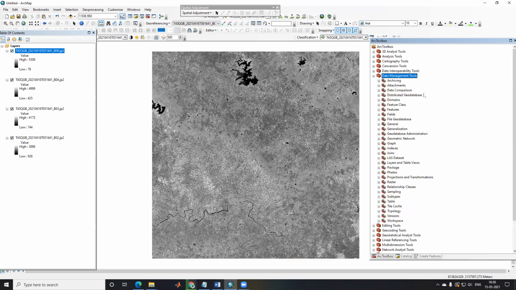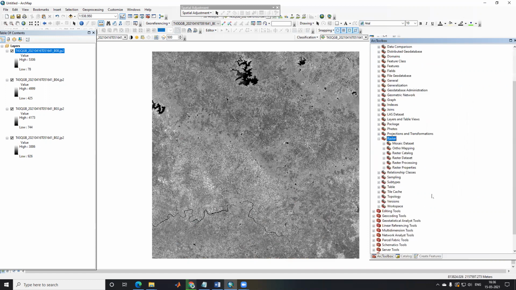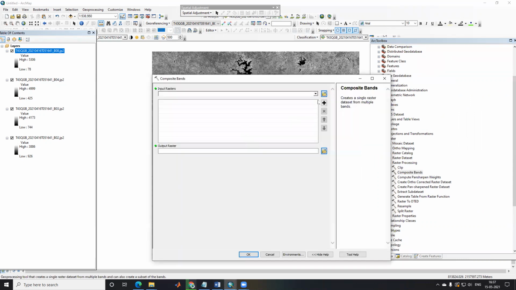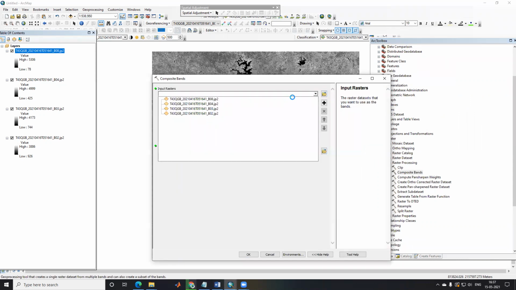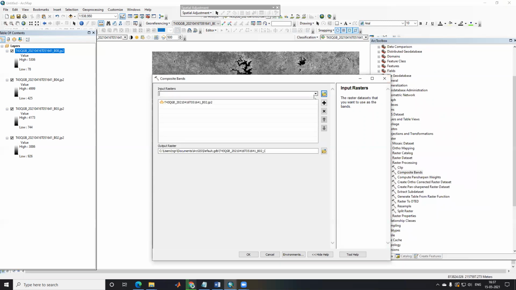So data management tool, after data management tool, raster, after raster there is raster processing and composite band. Here we'll take sequence-wise band 2, band 3, band 4, and band 8.